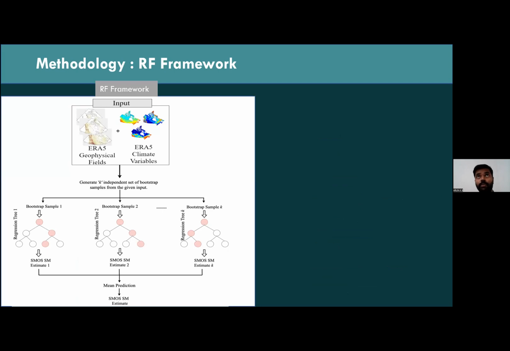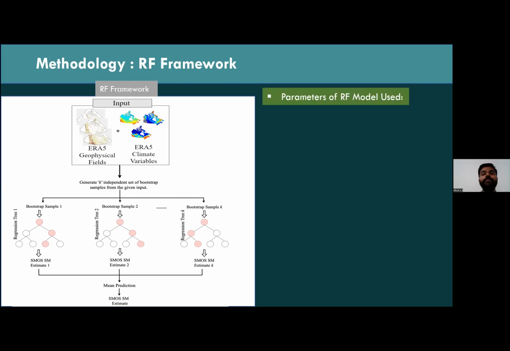It takes inputs as the predictors, that is ERA5 geophysical fields and ERA5 climate variables, and from these inputs, k different bootstrap samples will be generated, and each of these bootstrap samples will be given as input to k different regression trees. These regression trees act as the base learners for this random forest, and the estimates generated by each of these regression trees will be finally averaged to form the estimate of the random